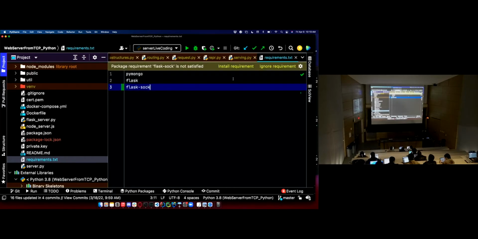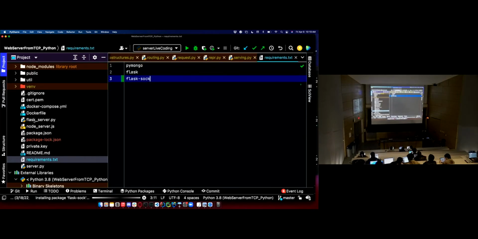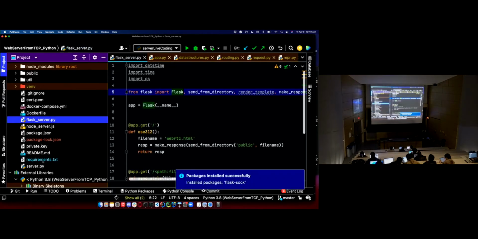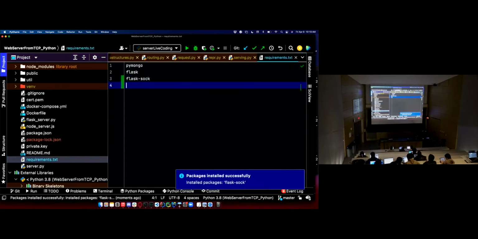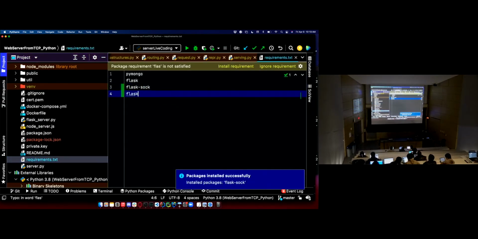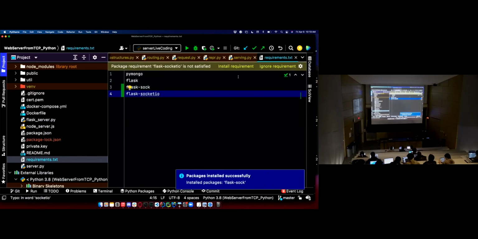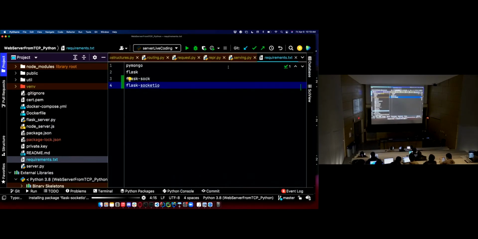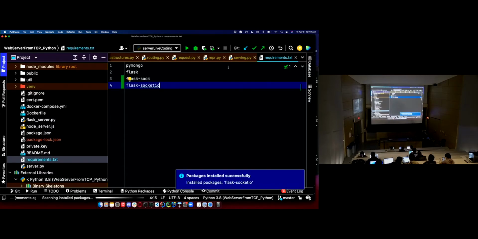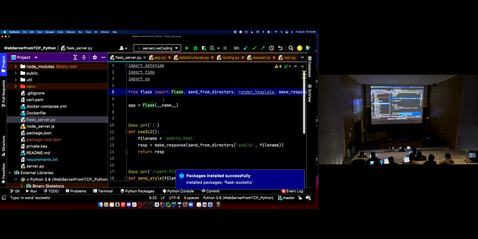Flask sock install. Actually, let me also, just to have some fun with this, socket.io. Hopefully that's the right one, installed successfully. And Flask server